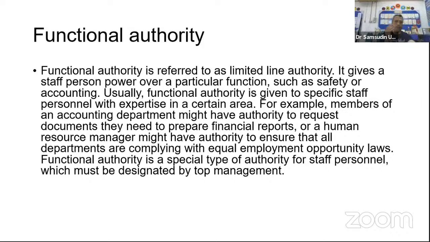So there are more on the function. For example, the quality unit, or quality department. This quality department is responsible for the auditing process. So in this auditing process, they will cross all the departments, they will cross all the authorities, they cross the line authority, they cross the staff authority. Because they have another power, because they have another expertise as an auditor. This one we call functional authority.